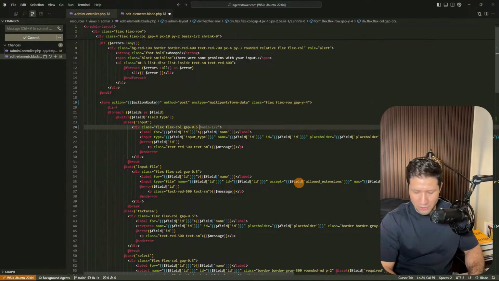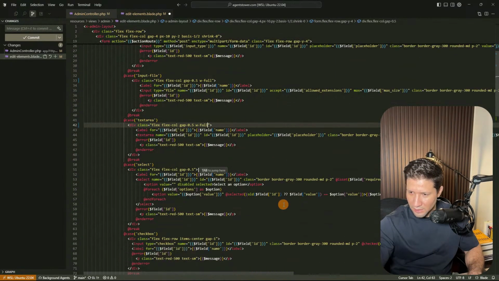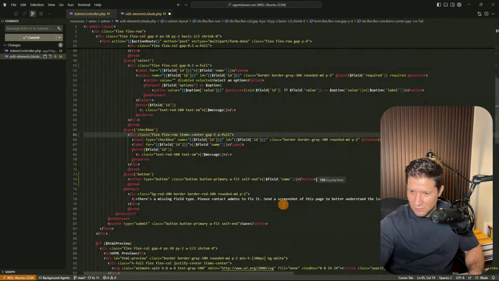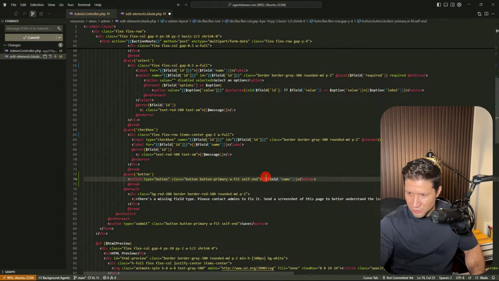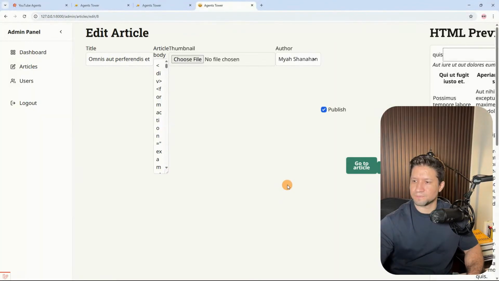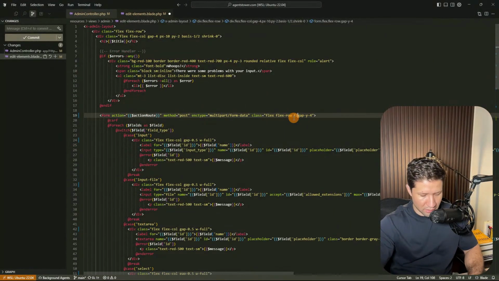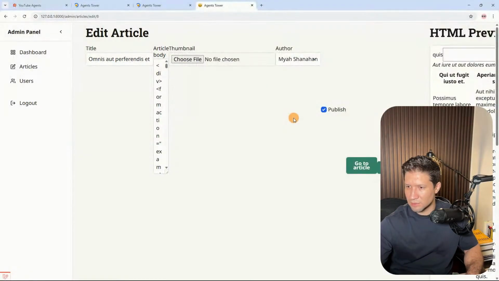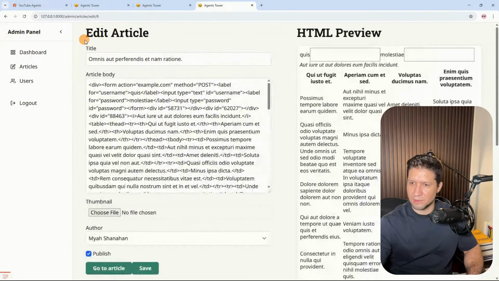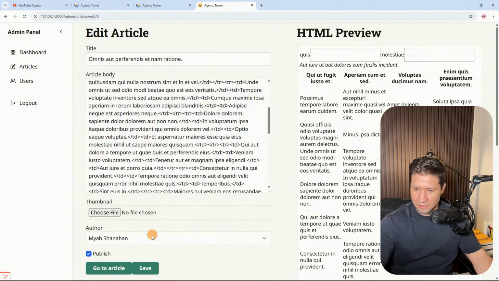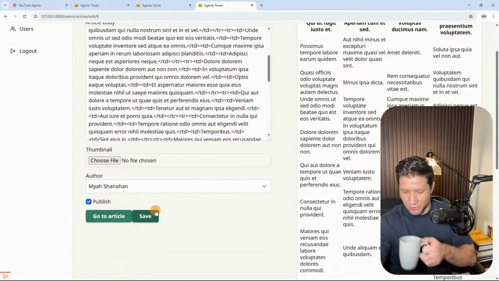So for example, w-full, like this, like this, like this, and this one I don't do it like that. Okay, so I need to add in here flex row and flex wrap like this. So I save this. Now we have it the same way, but you can see the buttons are